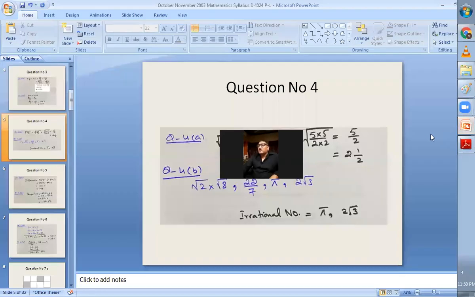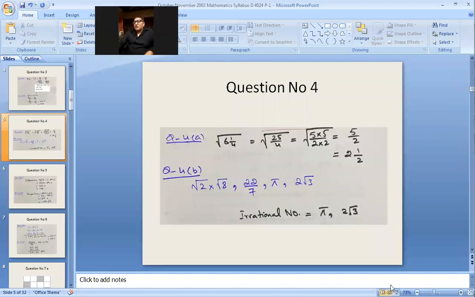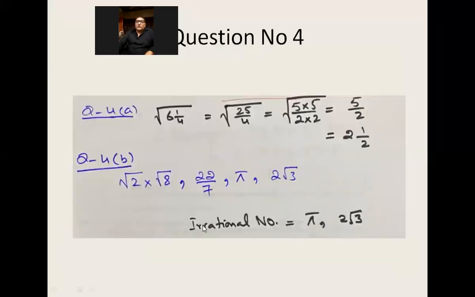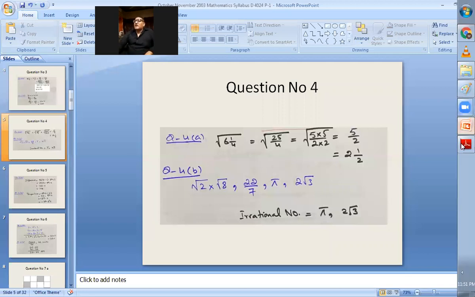So let me show you my work. I've done this, and so the irrational numbers are pi and 2 under root 3. So pi is a famous irrational number. Never forget this fact. Always remember this fact. And 2 under root 3 is also an irrational number. So let's move to the next